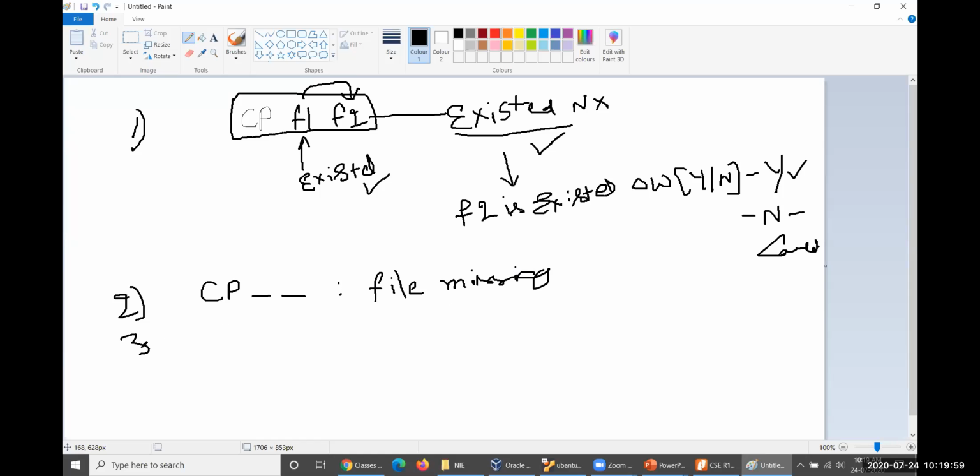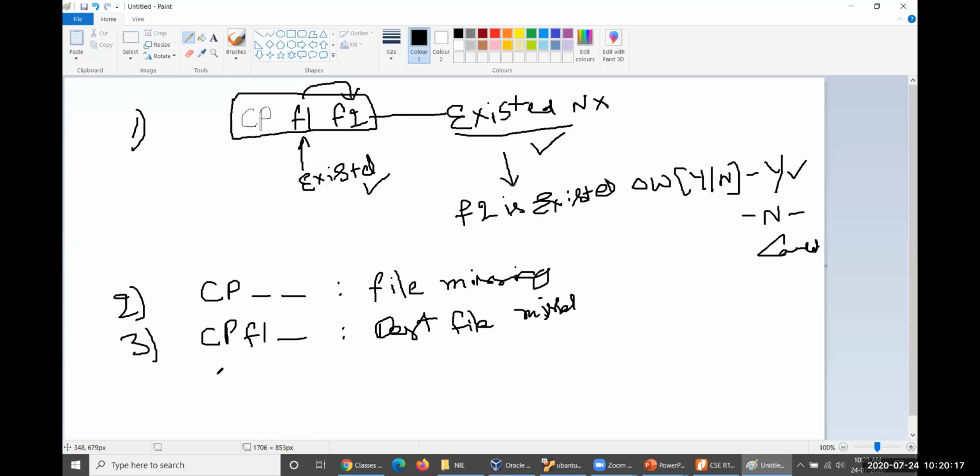The third one is if you give CP followed by file one and the second file is missing, the destination file is missing. Something like file missing, you have to give here.